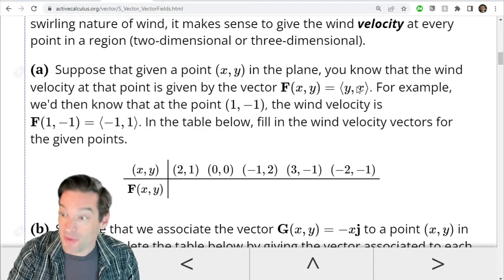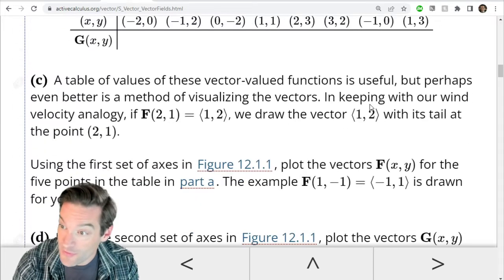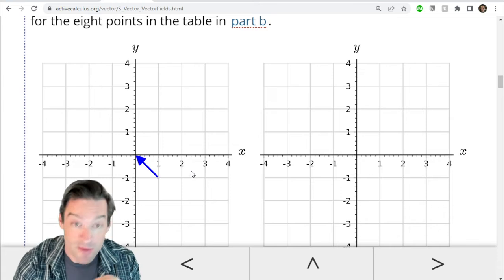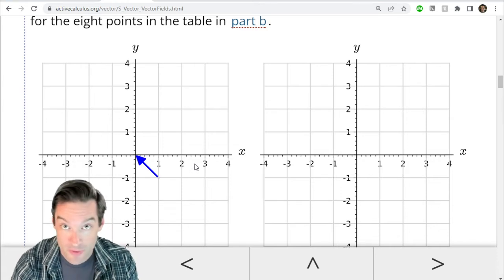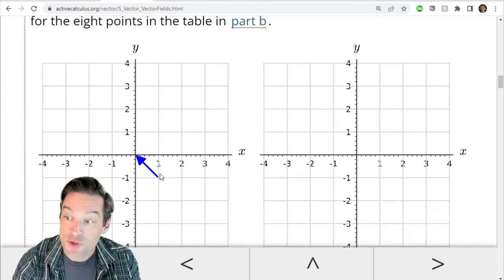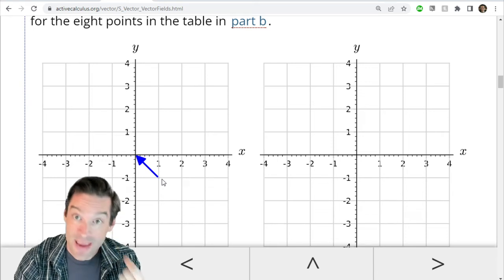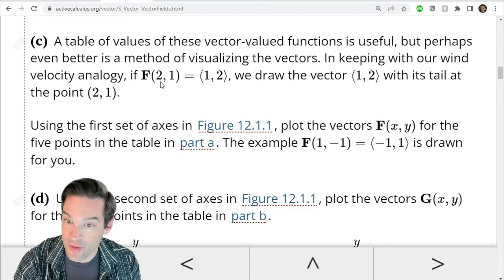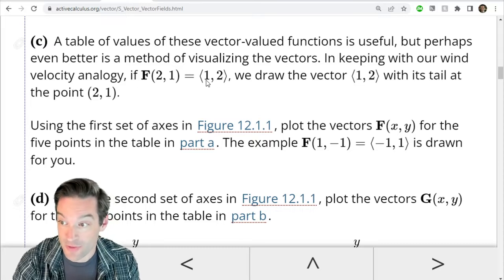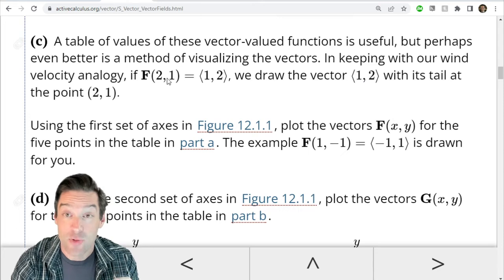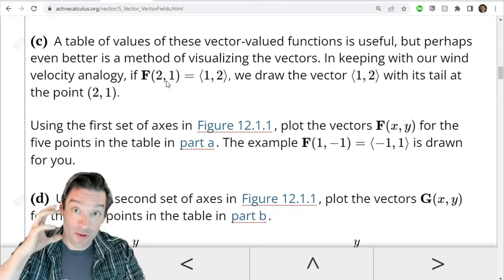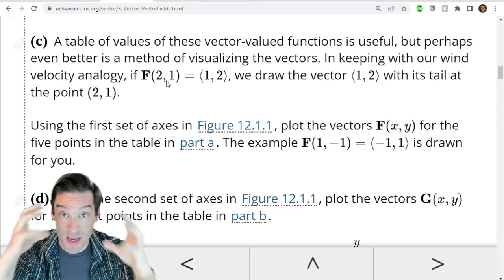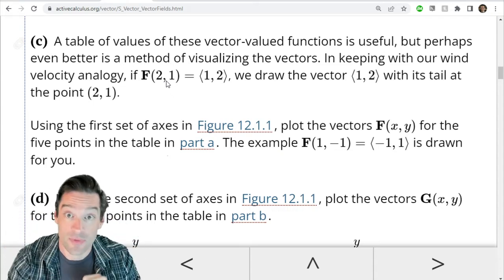So what we're typically going to do with these vectors when we visualize them later on in this activity is compute the direction vector using the formula for the function, and then place the initial point of that vector at the location which is specified by the input to the function, x comma y. So for example, if f of the location 2, 1 gives us the vector 1, 2, then we're going to draw the vector 1, 2 with its initial point, its tail, at the point 2, 1. Right? So that's how we keep the location and direction information simultaneous in the diagrams that we make